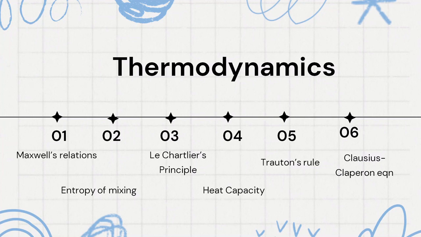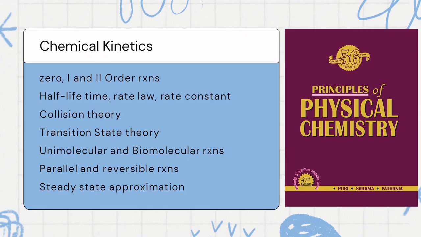Then move on to chemical kinetics. This is the most important part. You will be asked almost 12 to 18 marks in chemical kinetics. So here you learn about rate equations for first and second order reactions. You just learn the